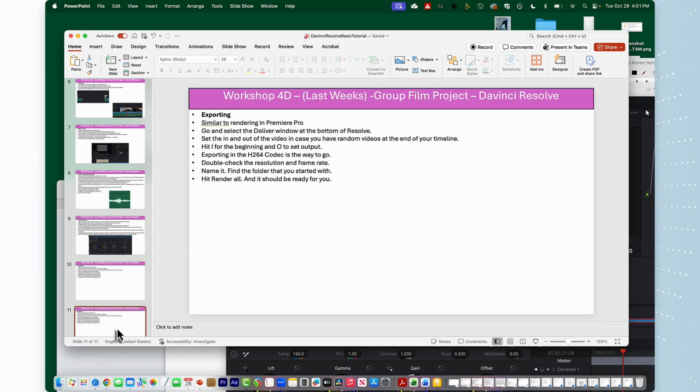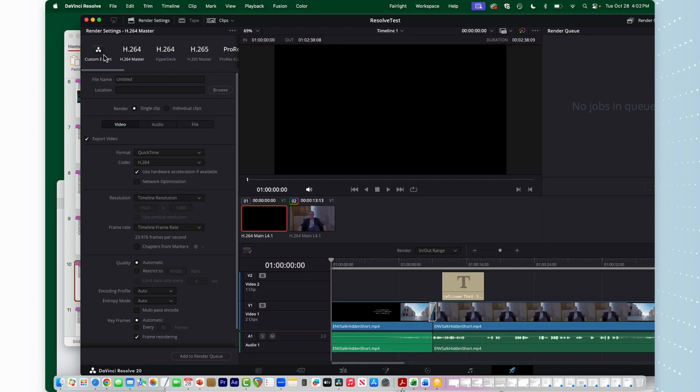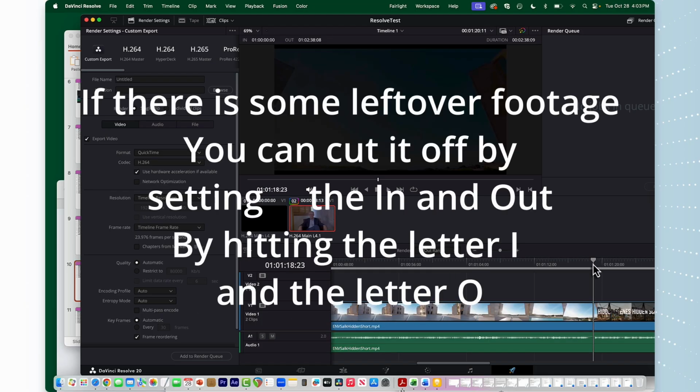Save. Exporting, very similar to Premiere Pro. H.264 codec is the way to go. Double check, make sure it's all good. So let's dig in there. All right, hold on. Right. H.264 QuickTime is fine. This is fine, I think. Right. And cut this. However, you can put your